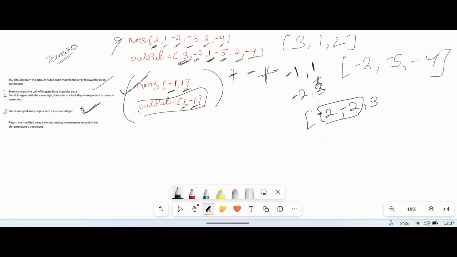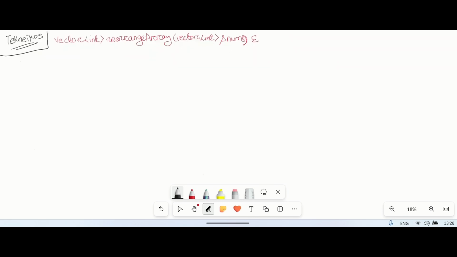Now how will be the approach to code this? Okay, so let's understand that. So this is the main function which has been given to us. We need to write the code here. We have been given an arrange array function which takes nums as an array, and as we have been given nums, what we will do, we will take that size. The first thing is always take that size,